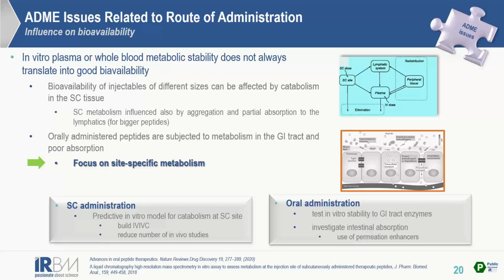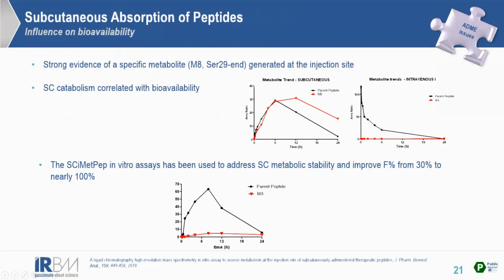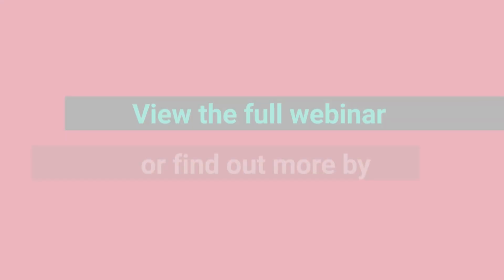use of permeation enhancers. As an example, I will show how for sub-Q administered peptides, during one of our research programs, we had evidence for the formation of a specific metabolite which was generated only at the injection site. Upon subcutaneous injection, a considerable amount of metabolite 8 was detected. And this metabolite